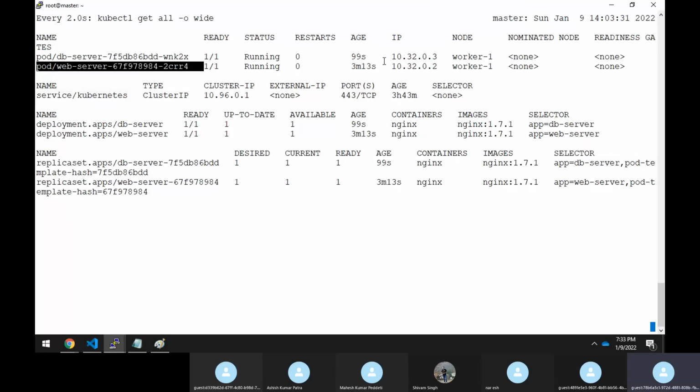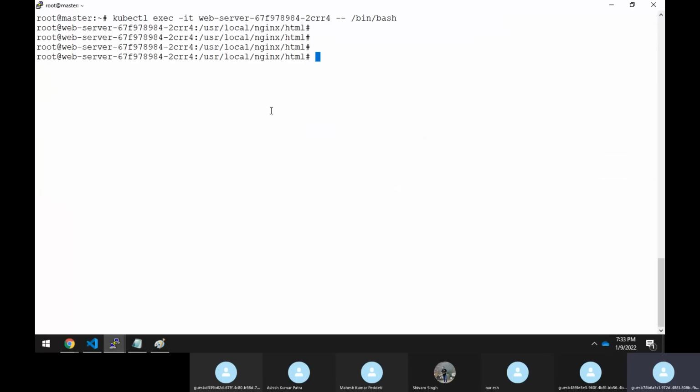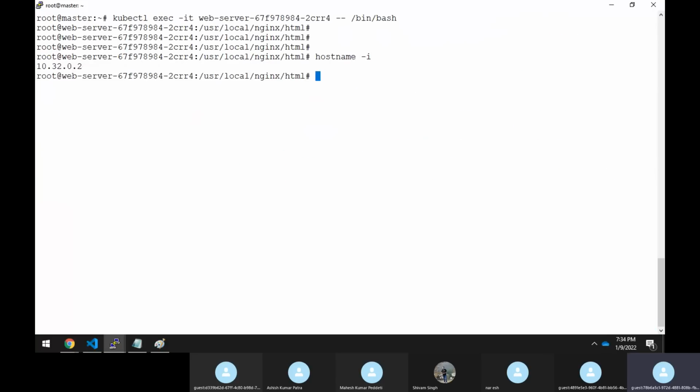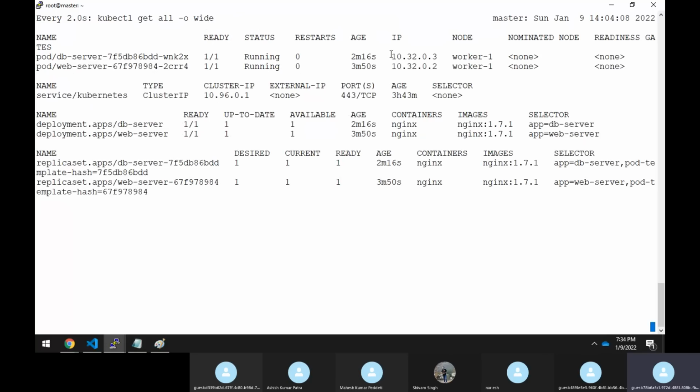Correct? And you could see this is the IP address. If you want to print the IP address, you can execute the command hostname -i. It will print the IP address. Clear? Now what I'm doing is, sitting here, I want to ping to this IP address. Let's see. There are two ways to check the connectivity. Either you can ping to this IP address, or else you can run a curl command to this IP address. So if I execute the curl command and specify this IP address,